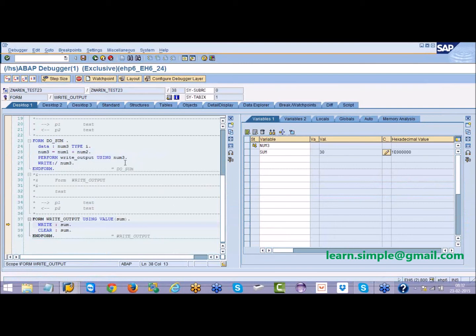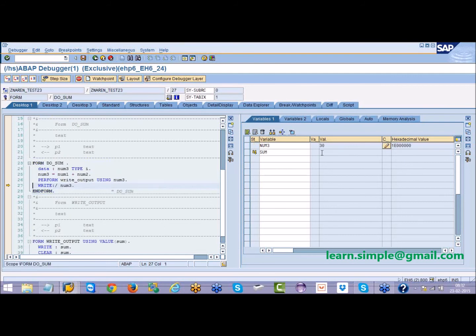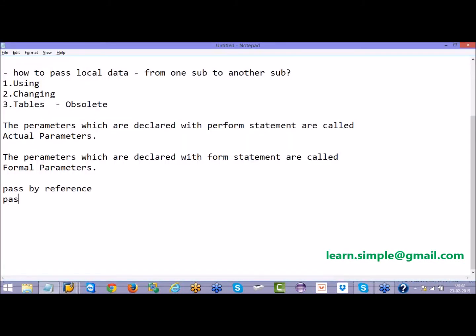Now sum is 30. Now I have written the sum in the output. I have cleared the value in the sum. When I go back, if you can see, still the 30 is there in the num3. So this kind of concept is called pass by value.